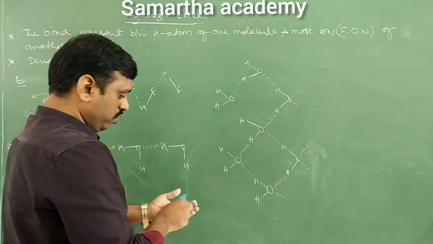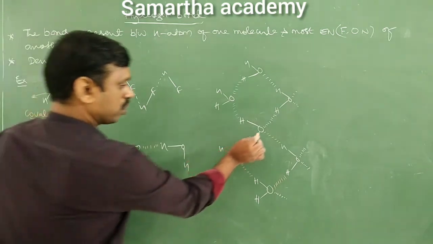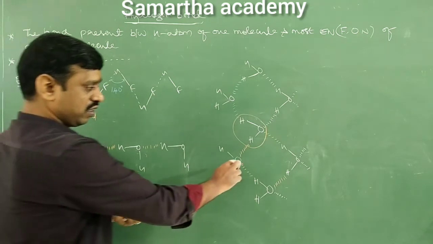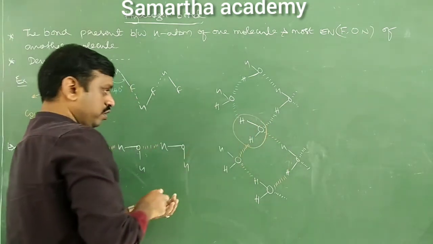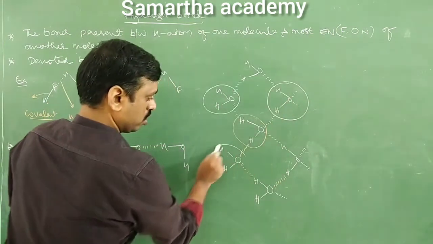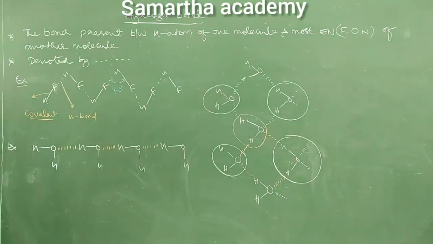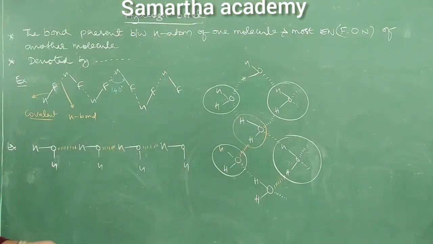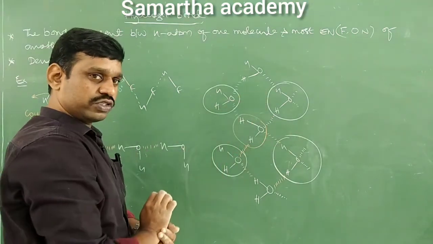If you see one water molecule, now I will take this middle water molecule. Come on, tell me, this middle water molecule is surrounded by how many water molecules? It is 1, it is 2, it is 3, 4. It means this is 1, 2, 3, 4. That means even in ice it is the same. In ice, one water molecule gets surrounded by 4 different water molecules.